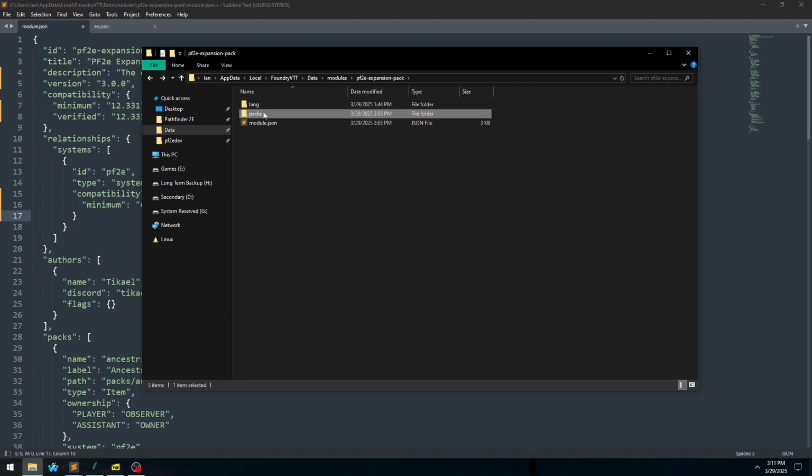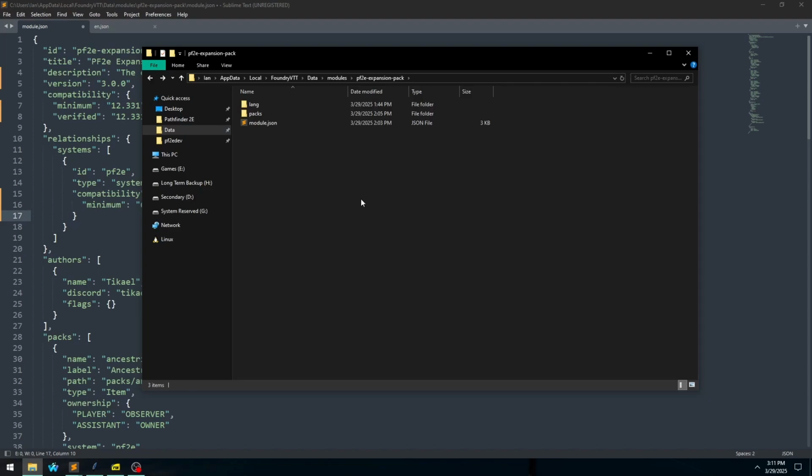So you can see your packs in there. These are all just LDB files, so you can't read them. They're all not human readable formats, all in binary nonsense. Okay, so yeah, you could just zip this up and send it to other people, and they can unpack it